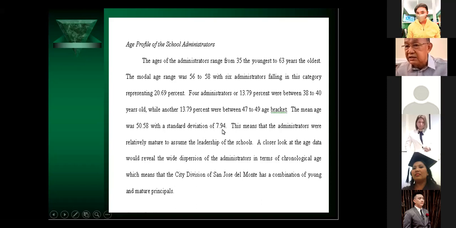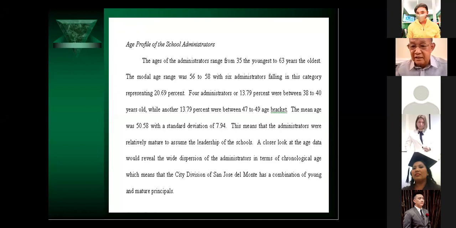What does it mean? Ito yung analysis and interpretation. This means that the administrators were relatively mature to assume the leadership of the school. Not too young, not too old. A closer look at the age data would reveal the wide dispersion of the administrators in terms of chronological age, which means that City Division X has a combination of both young and mature principals. You see, very simple, no? Kasi yung data ay very simple descriptive analysis ito. Age lang ang i-describe natin. Pero how do you find the description? Redundant? Concept. Ha? O acceptable sa inyo yung presentation? Very acceptable. Okay po. Yes, kasi ginamitan natin ng descriptive statistical test and we are able to avoid redundancy in